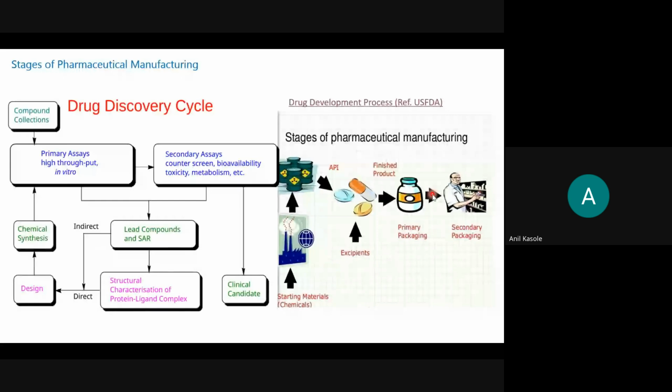Now we have discussed the different types of companies, what they do and how they do it, right? Let's say, for example, any new drug that a company wanted to launch into the market. This is a drug discovery cycle. I will take you through some examples also live, meaning what those steps actually are. This is from the US FDA, and I think we are all familiar with what the US FDA is. That is the United States Food and Drug Administration, right?